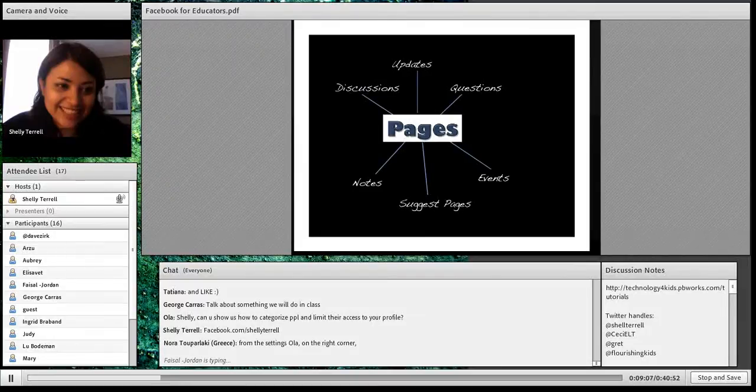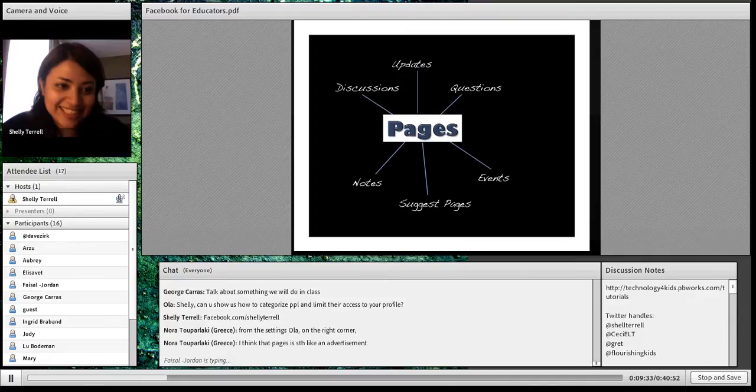Anybody can join. And these are more for businesses because the idea behind the page is that you're trying to show, for example, this would be really good if you have an institute. So you might find different pages like Tesol Institute. But if you, for example, have a Tesol group, then you might make that an actual group page instead of just a page. If you're going to have many different administrators, then that's really good for pages. Pages, in order to get people to participate, yes, exactly, Nora, it's more like an advertisement because it doesn't have as many options of participating from people.